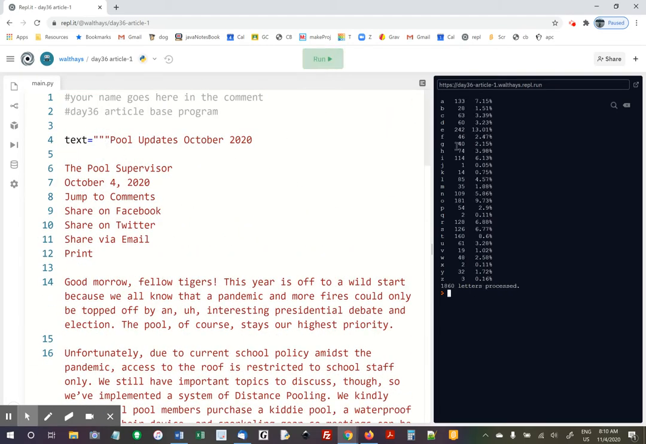Now, when I run it, it very quickly processes 1,800 letters and gives us this interesting breakdown of how many times each letter occurs in the article. Interesting, huh? So you get to choose the article. Don't do the pool updates unless that really is super important to you. All right, so I'm assuming if everything's working at this point, that you're in a good spot. Now, what I want you to do,